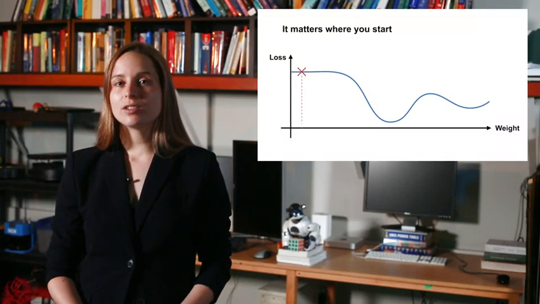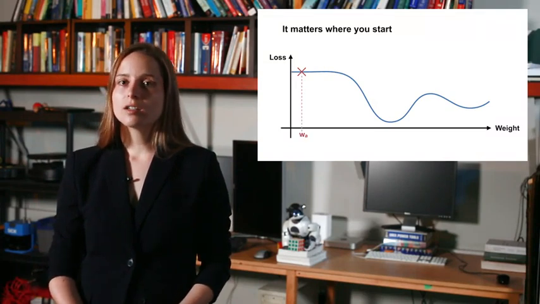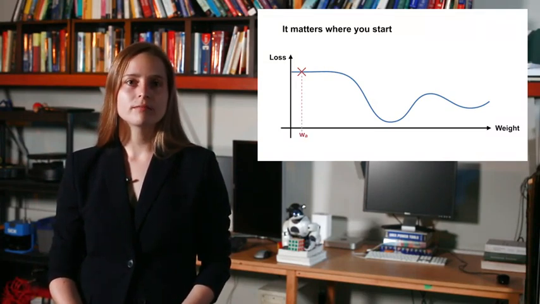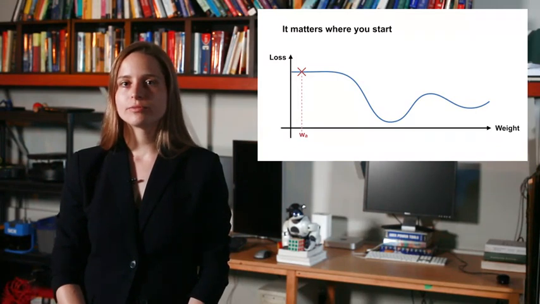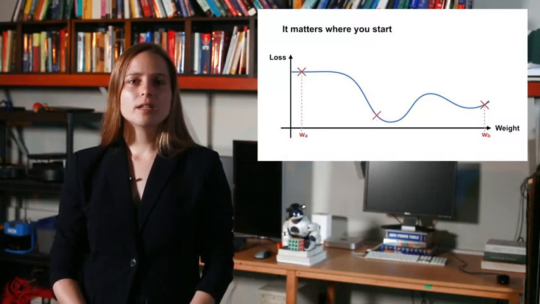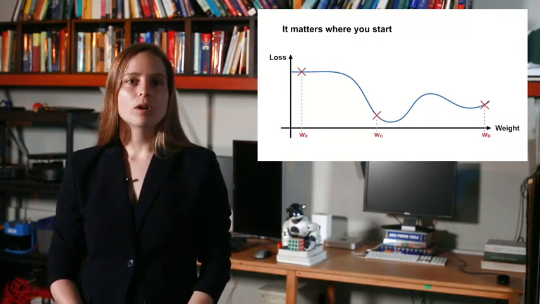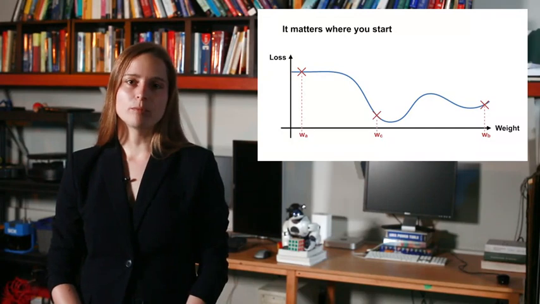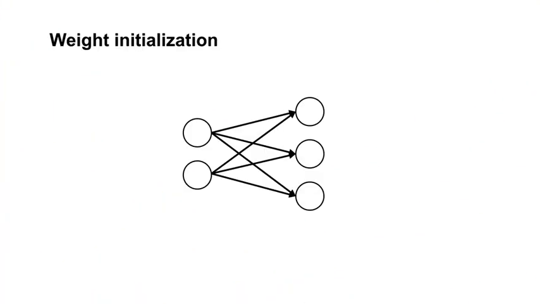If we start in this nearly flat region, it can be hard to make any progress with gradient descent since the gradient is near zero. If instead we start inside this small bowl, then we can quickly find the local optima. But wouldn't it be nice if we could start somewhere here, where we can quickly find an even better optimal point? One simple yet effective initialization strategy is to randomly sample the initial weights from a normal distribution with small